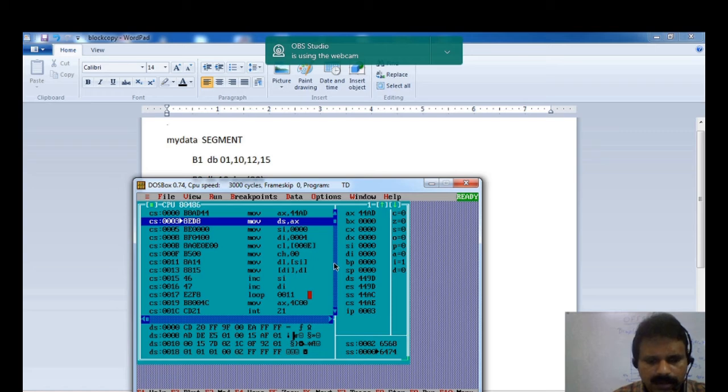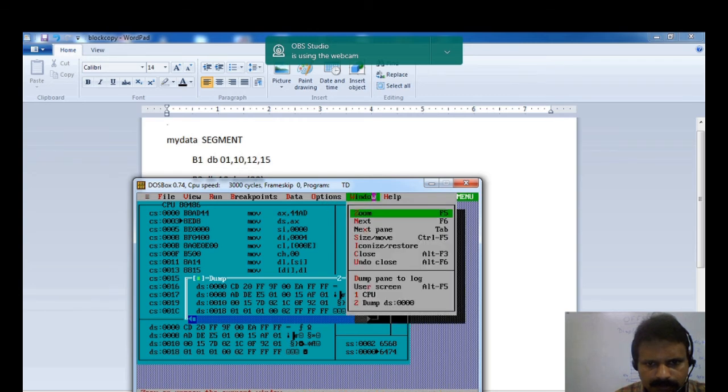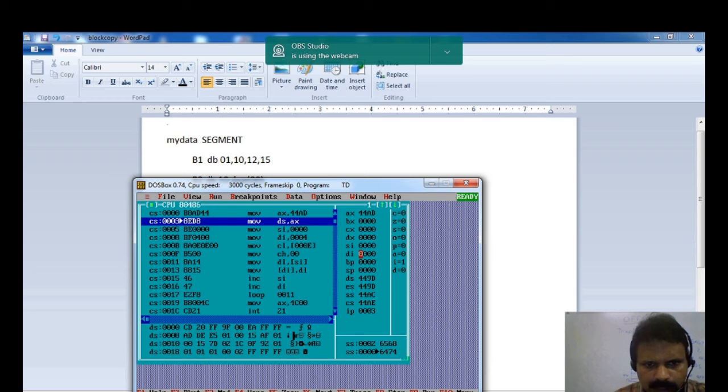F7. Oh, sorry. Data segment should be initialized.